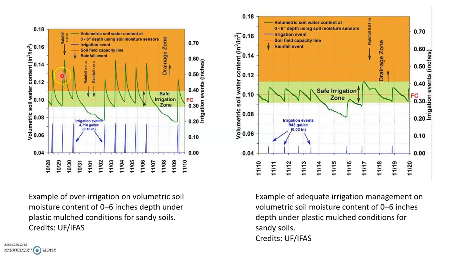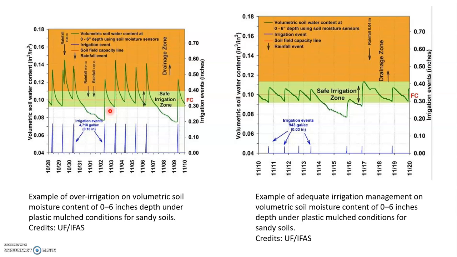So this amount of water will get wasted, so the efficiency will be very, very low in these soil conditions. And again we are irrigating this water to this level, but this is not a good management practice. They measured the 0 to 6 inches depth under plastic mulch conditions. Plastic mulch means we are covering the soil with plastic, so that evaporation loss will be very, very low under those conditions, and then we conserve a lot of water.